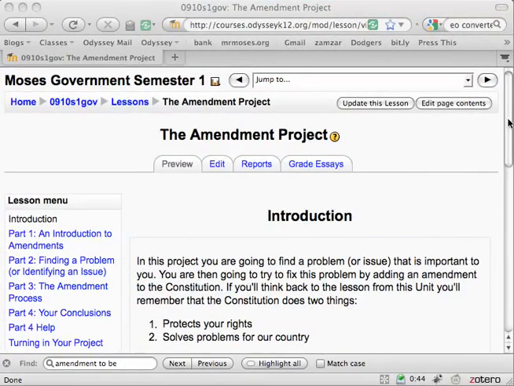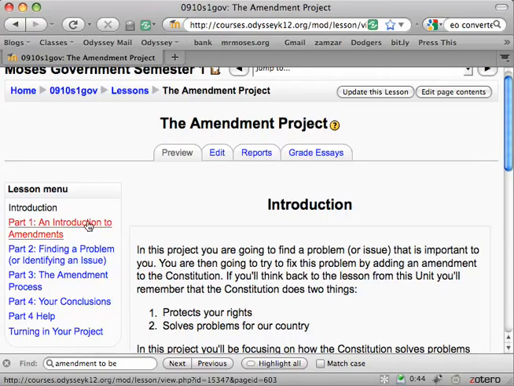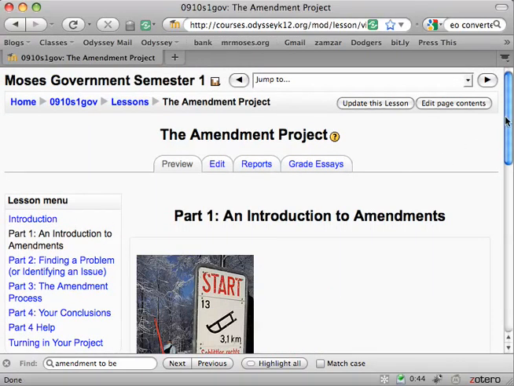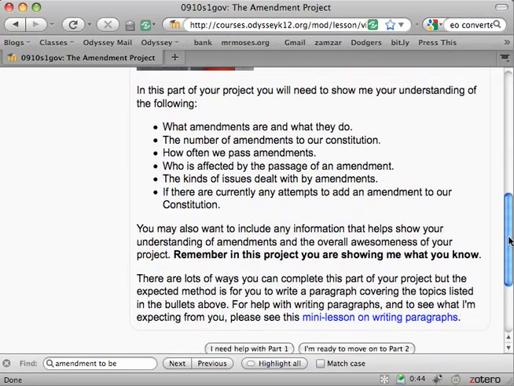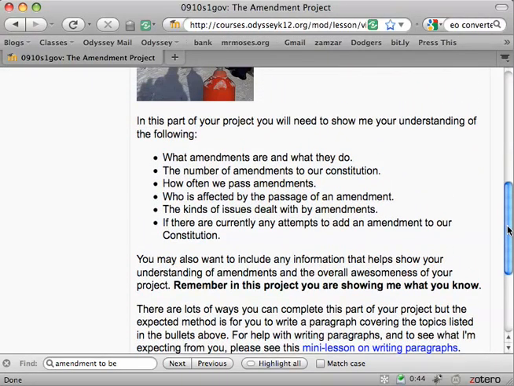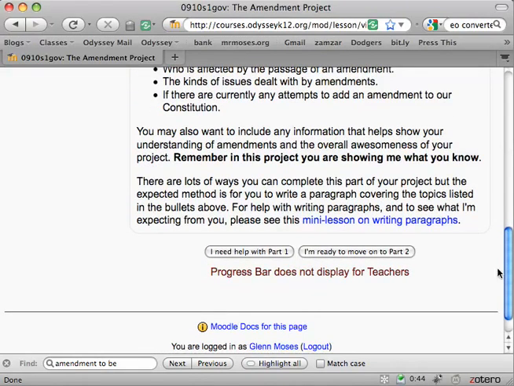Read through the introduction. It's going to remind you of some of the stuff that you did in that Constitution lesson, and it's going to give you an overview. And then in part 1 of your project, you're going to introduce amendments. The things that you need to look at in your project are what amendments are and what they do, the number of amendments in our Constitution, how often we pass amendments, who gets affected whenever we pass a new amendment, the kinds of issues that amendments deal with, and if there's currently any attempts to add an amendment to our Constitution. That's what you need to talk about in part 1. Those are things you need to research. When you are done with these instructions,